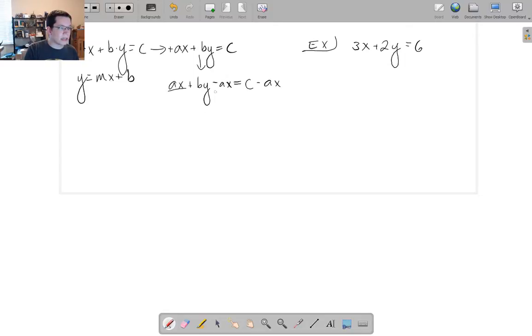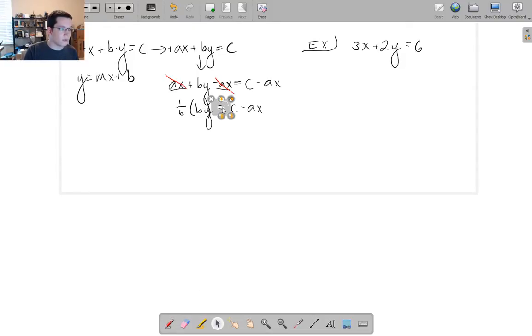Now this and this cancel, so we'll get rid of it. And we'll say by equals c minus ax. Now I still want to get the y by itself, but I got a b in the way. So what we're going to do is divide by b. Since it's b times y, if we want to undo the multiply, we divide. So we're going to do 1 divided by b times that side,